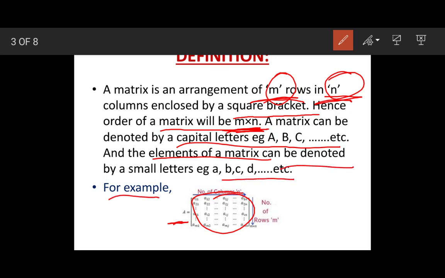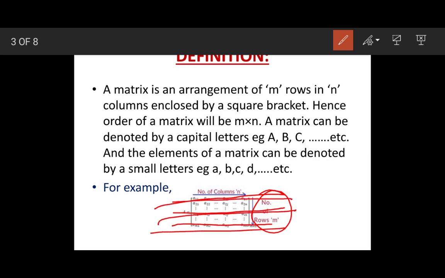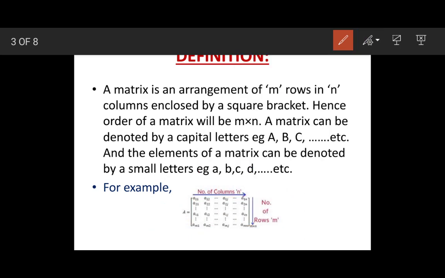For example, as you can see in this example, all the horizontal lines are known as rows. Rows mean horizontal lines, columns mean vertical lines, same as in a determinant. So how many rows are there? m rows. How many columns? n columns.